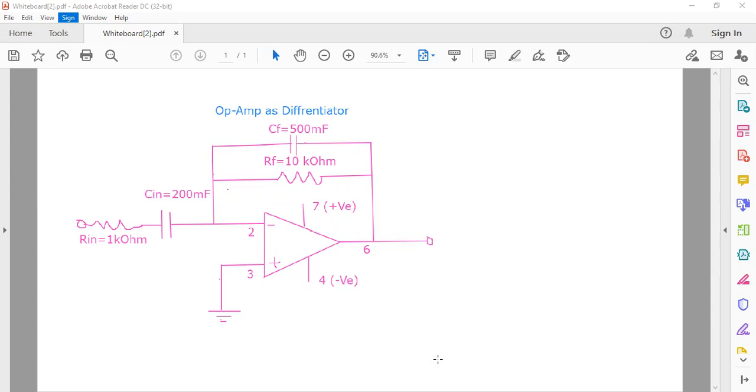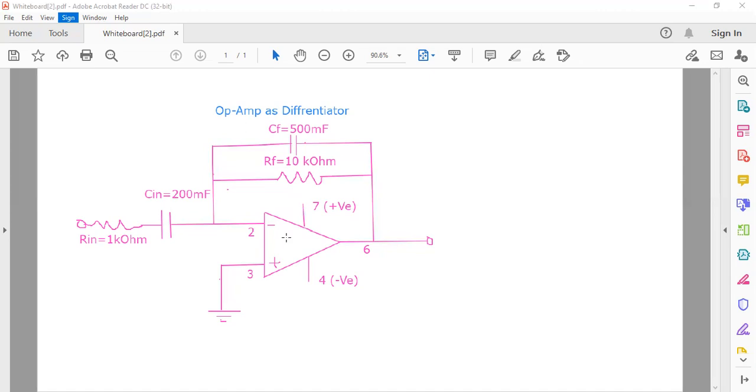So now I start my topic, operational amplifier as a differentiator. As we know, the operational amplifier has 8 pins. The 741 IC is basically used as an operational amplifier. The various pins of this IC have their own configuration.